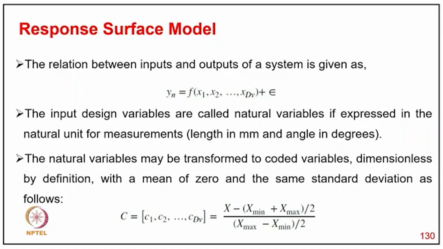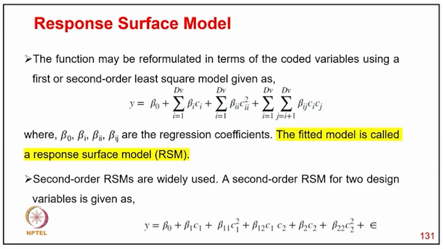The natural variables may be transformed into coded variables, dimensionless by definition, with a mean of 0 and the same standard deviation, such as C = (x - (x minimum + x maximum)/2) divided by (x maximum - x minimum)/2. So the function may be reformulated in terms of coded variables using a first or second order model,